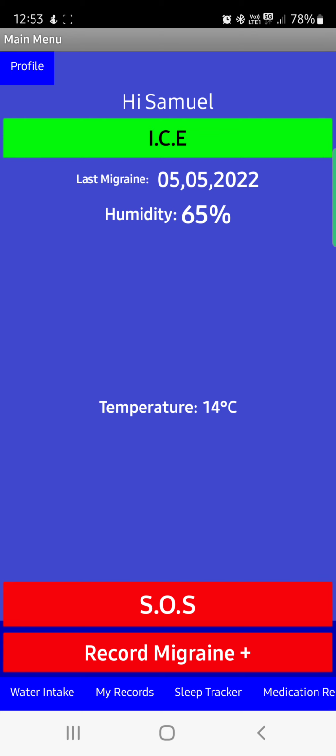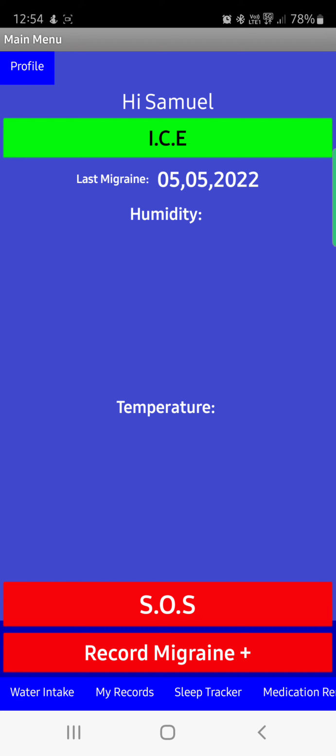So yeah, as you can see, I've got a profile button, just basic information with a terrible picture of me. ICE, which is obviously the in case of emergency button. My wife suggested that, to be honest with you. It's a feature I wasn't particularly bothered about adding, as if you are out and about and you are suffering from a migraine to the extent where you need medical help,